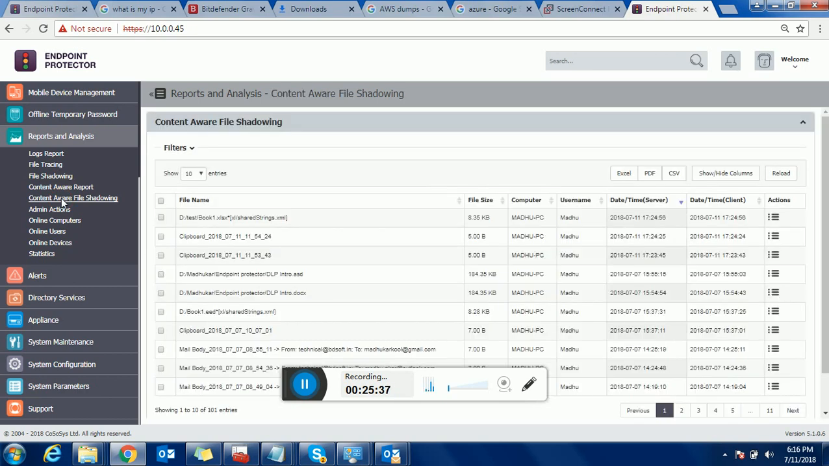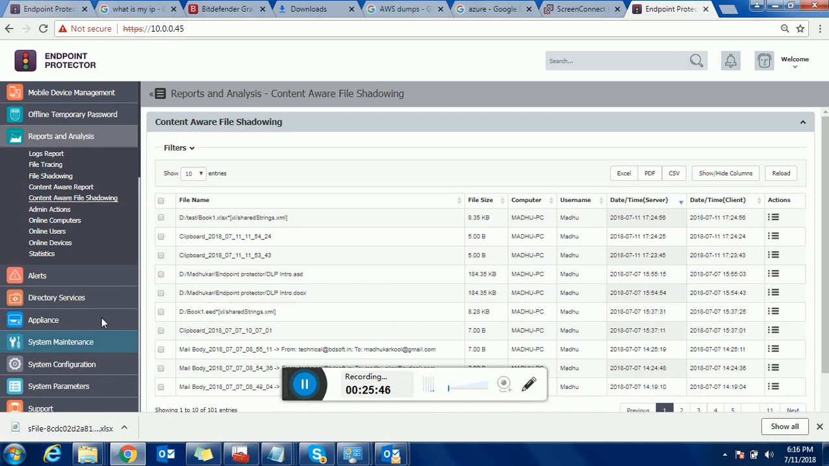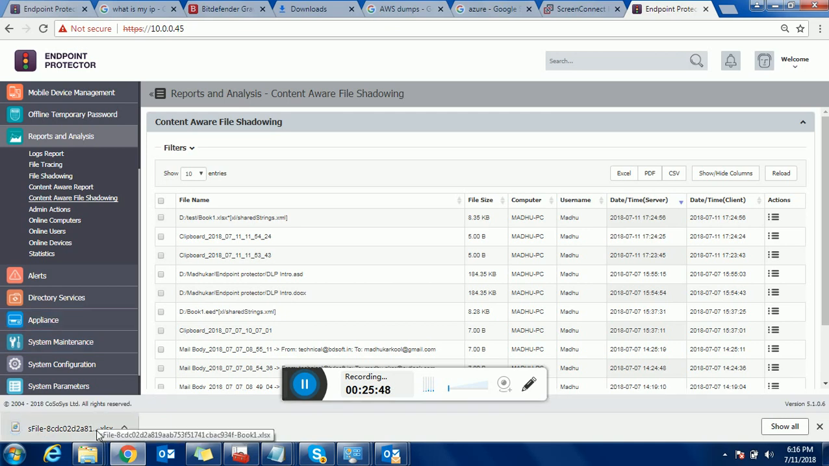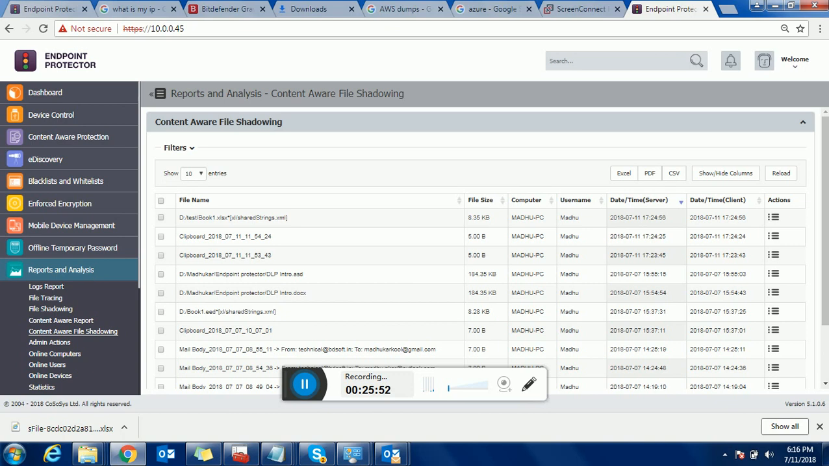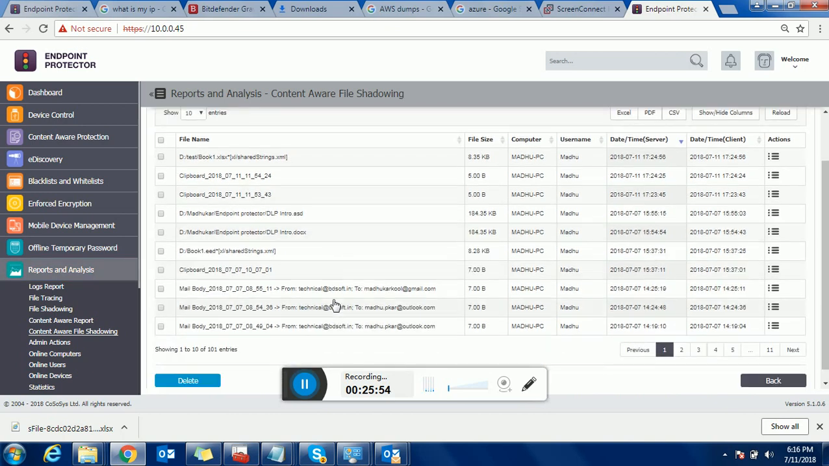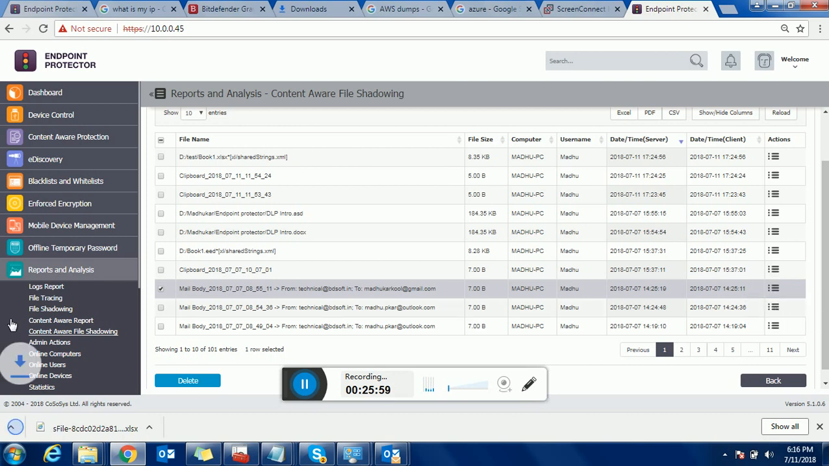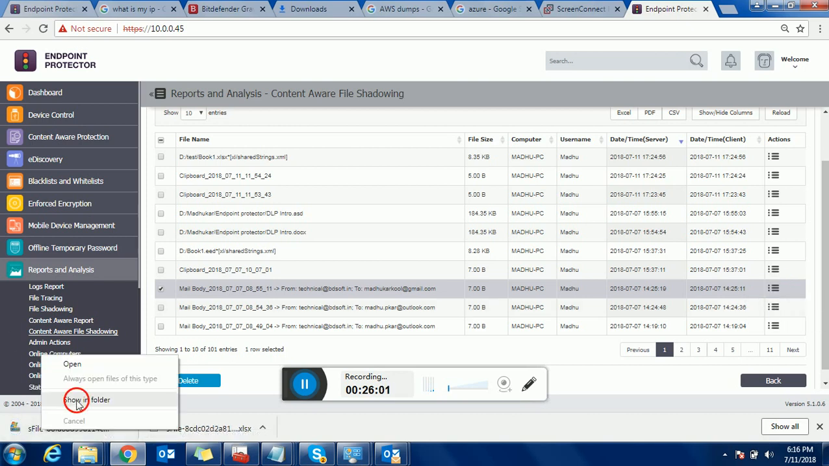Those data will be available to you, and you can view the data over here. You can download the data and see what kind of data the user was trying to copy. It is an XLS file, you can open it in any Excel application. If it is a mail file, here is a mail body. I'm downloading this mail body. I'm just opening this mail body,